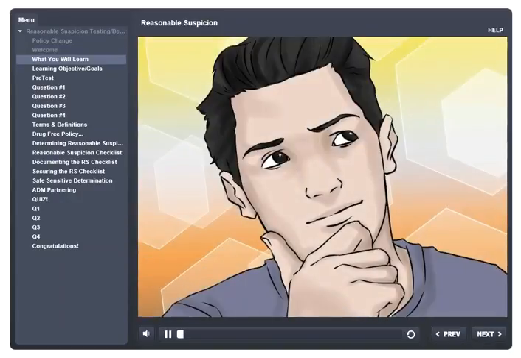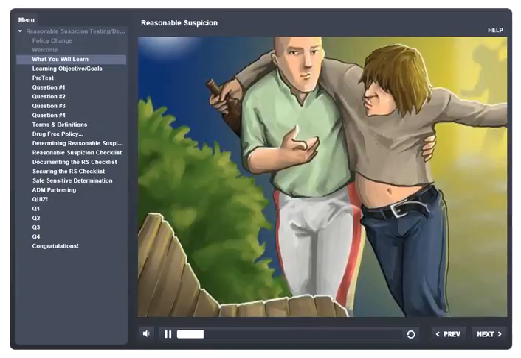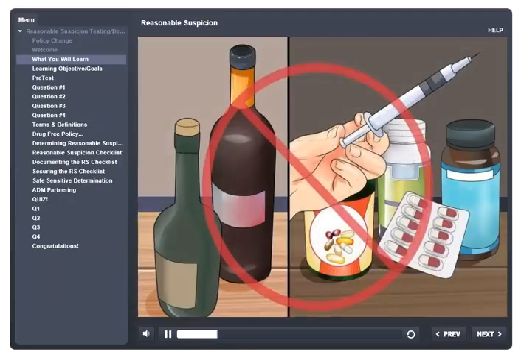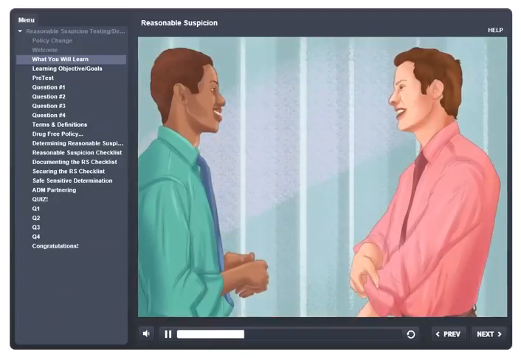As a manager, you should be able to appropriately and effectively identify team members exhibiting signs of being under the influence. Post-accident drug and alcohol testing cannot be performed based on a mere hunch. This training delivers the necessary tools, knowledge, and skills to recognize and appropriately handle team members exhibiting signs of being